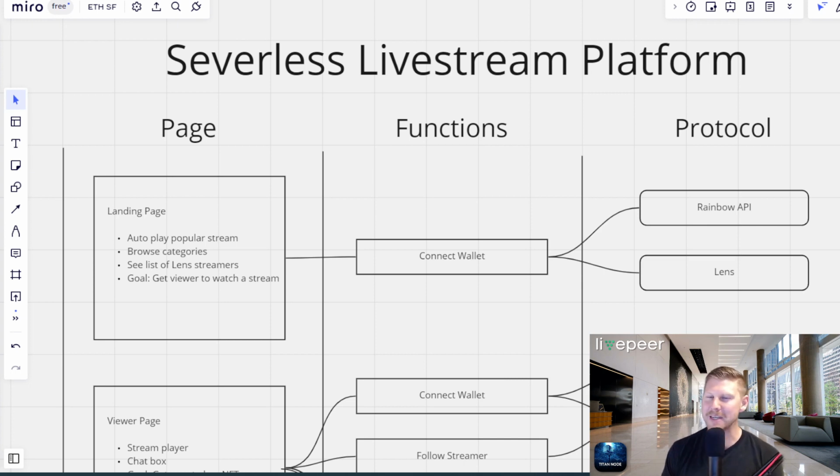So I've created a bit of a diagram here, and I'll go through it with you and explain to you how I think a serverless live streaming platform would actually work. So let's start off with what is it we're trying to define. Livepeer does video transcoding in a decentralized manner. So that means all the video that gets published on the internet, streamed, uploaded, downloaded, about 80 to 90% of it needs to be transcoded, okay? Which is transcoding into different bit rates so that it can fit different monitor, iPhone, different size screens, right?